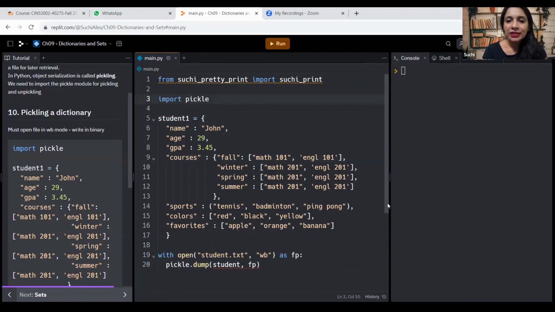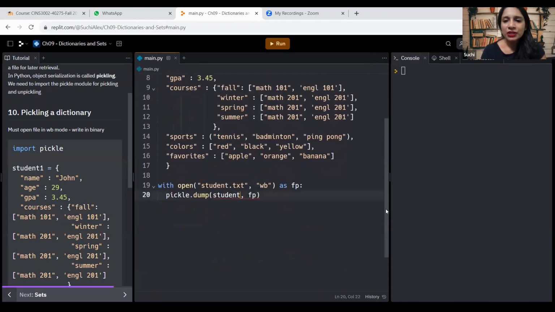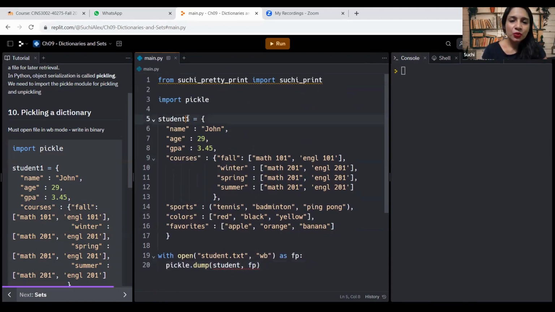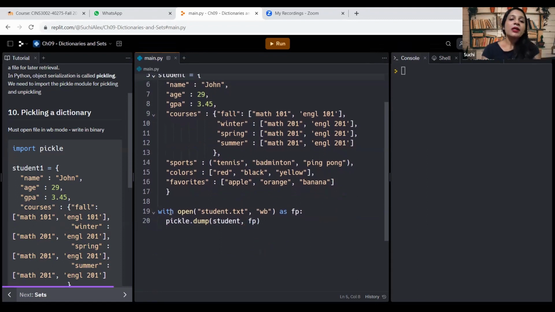What is the syntax? It's very similar to, let me change the dictionary name from student one to just student here. So the error will go away. So remember the context manager that we had used when we were doing our files? It's very similar. With open, and this would be the name of the file. I named it .txt just because I could rename it to anything. So I'm going to change it to bin because this is a binary file. So I don't want to get confused that it's a text file and I can open it in a text editor. I can't. So I'm going to rename it to